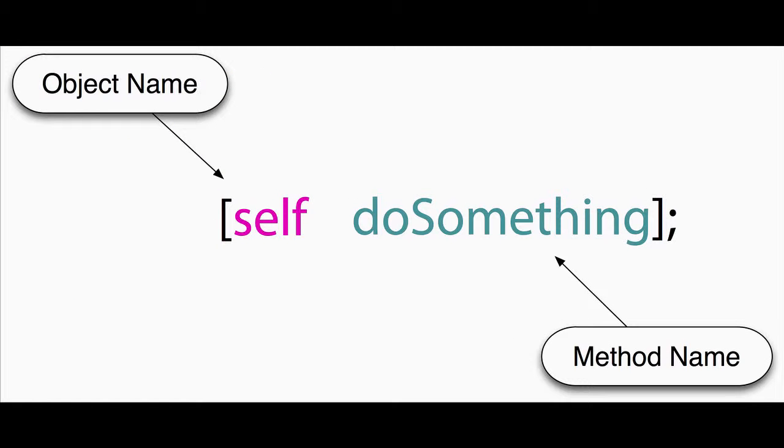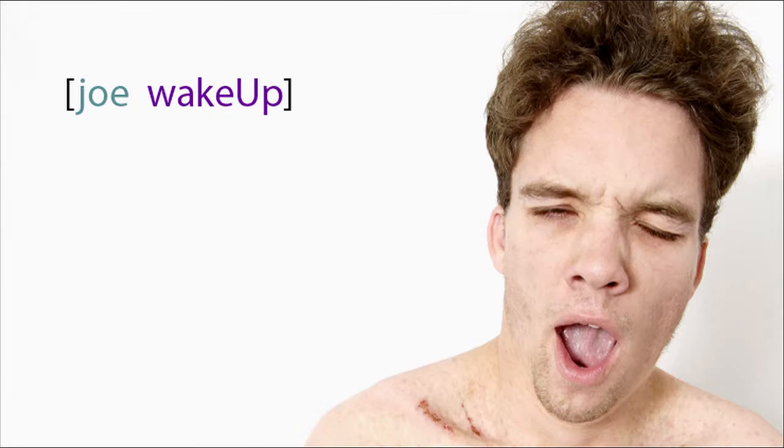Prior to properties, all interactions with a class were done using message syntax, that is, the brackets that Objective-C is famous for. So if you wanted a class to perform one of its methods, you would send it a message in the form of object name, space, method, all enclosed in brackets. This means that you address the object by name and tell it the method that you want performed. Kind of like if you have a roommate named Joe, the syntax for getting Joe to wake up would be